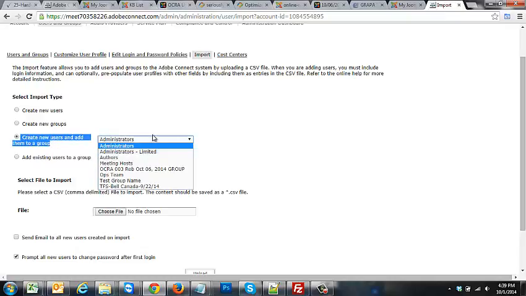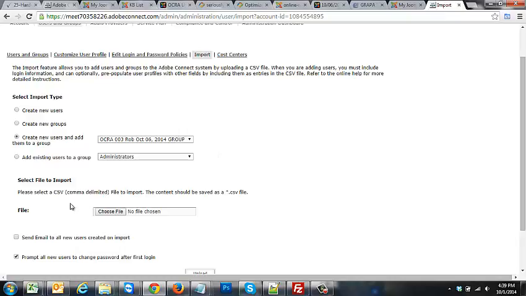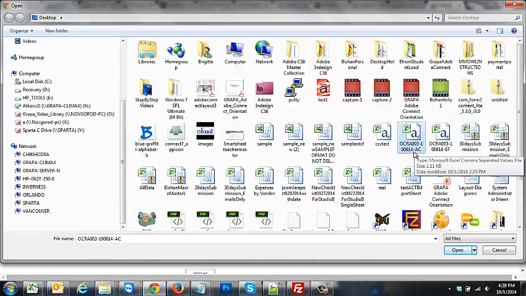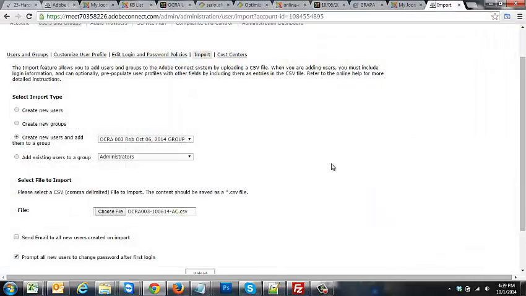Okay, and then we're going to go find the group, and you can see the group we created right there. So boom, click on that, and then we're going to say select file to import, and I'll go to that Excel spreadsheet that I downloaded from Gabby, the name of the class, Okra 3, 10/6/14, Adobe Connect. Rock and roll,